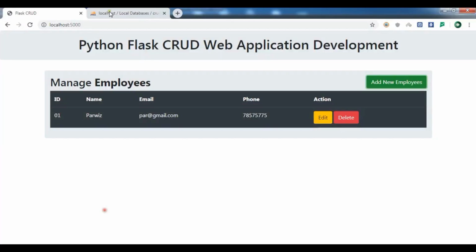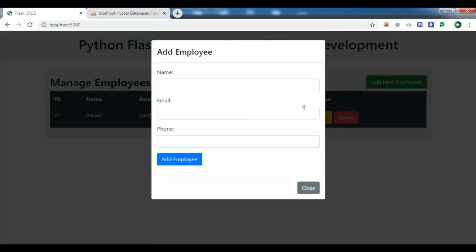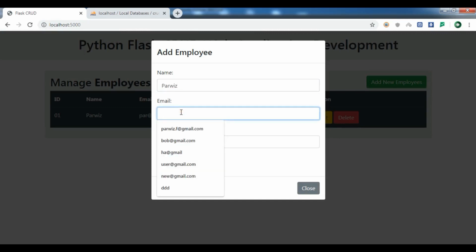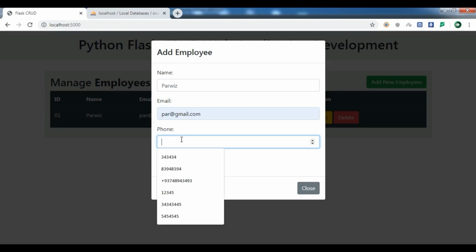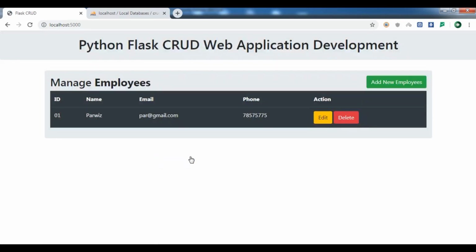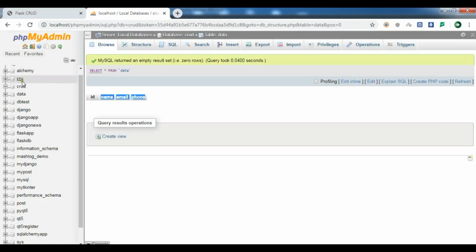Okay, now let me just refresh my page. Now if I click on add new employee, for example I'm going to add my name, and you can add an email address, whatever you want, and you can add a phone number, for example like this, and add employee. Okay, so the employee has been added, but we don't have any messaging system, flash message, though we will add that. So now let me just check my CRUD